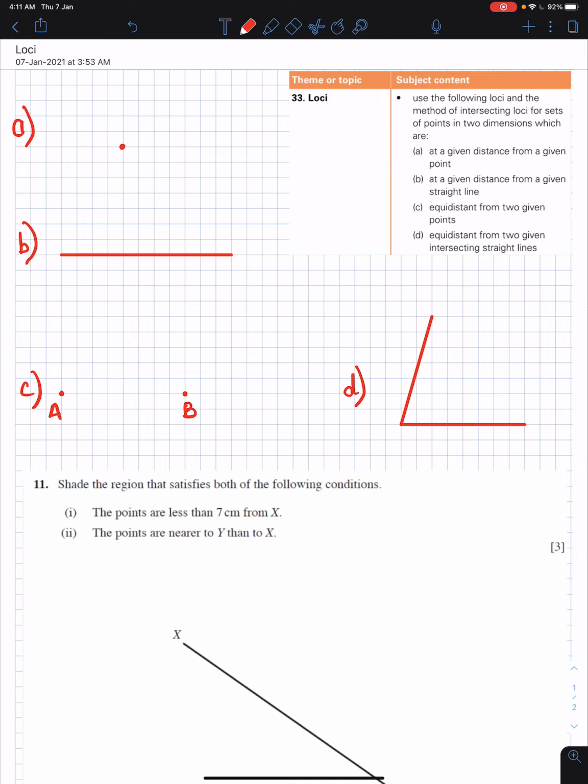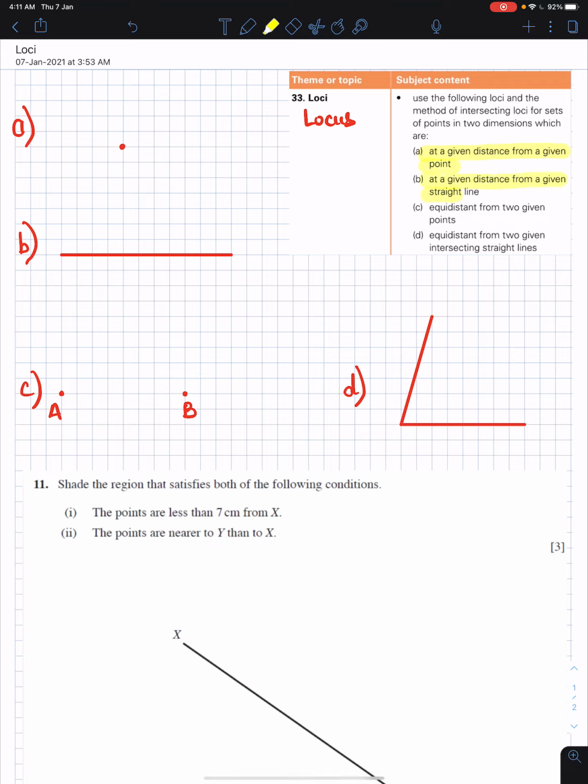We've already discussed some of it in O2, but we'll formally discuss it right now. In your syllabus, firstly, what is Loci? Loci is the plural form of locus, which means a particular place or a position where a point can be found. और आपके syllabus के अंदर there are total of 4